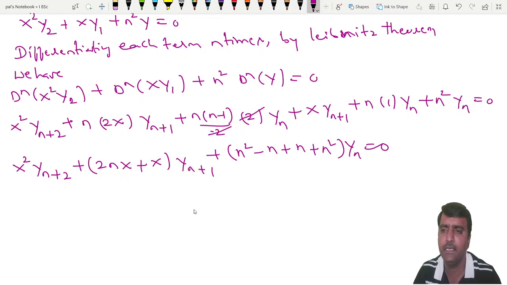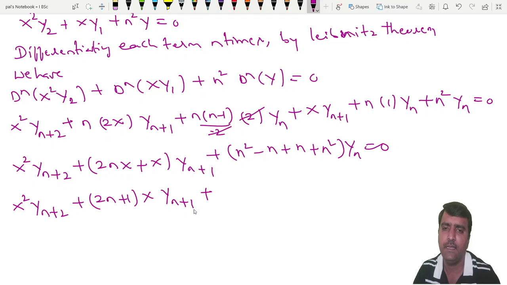So it is x square into yn plus 2 plus, here you take x common factor, it is 2n plus 1 into x, yn plus 1, plus here plus n cancelled with minus n, n square plus n square is 2n square yn